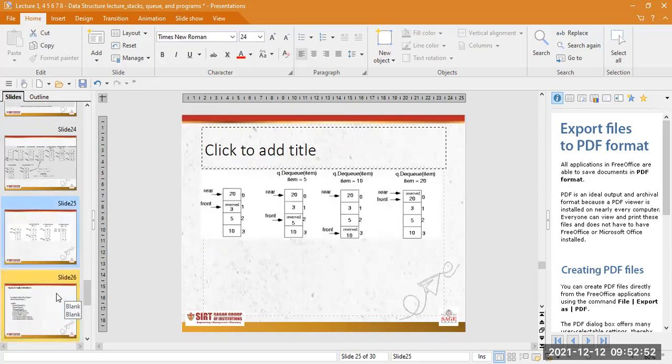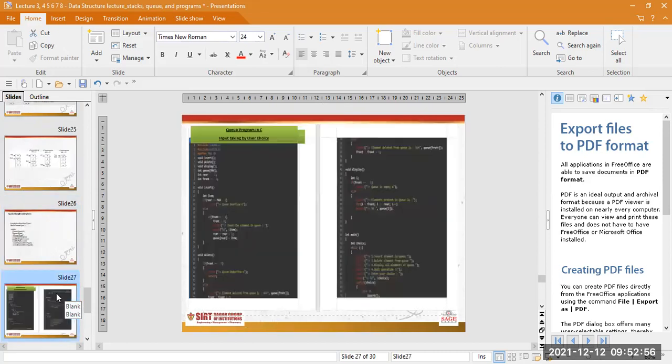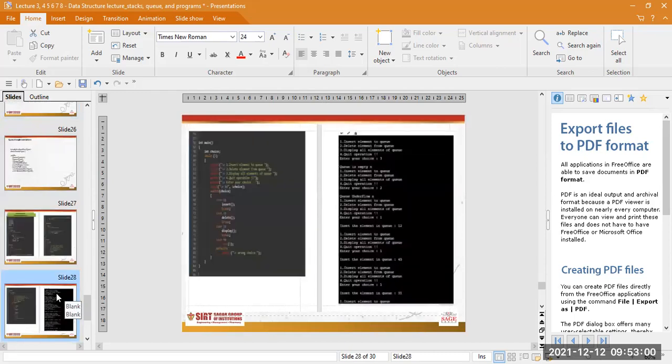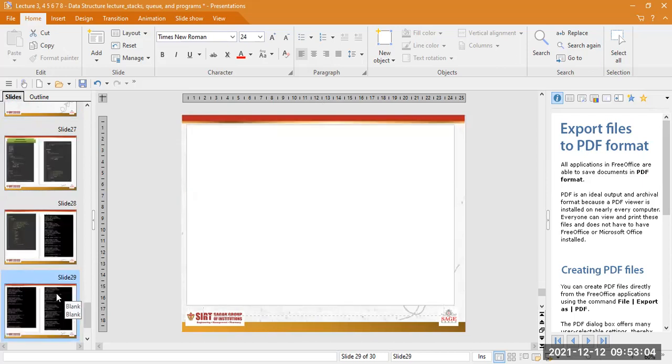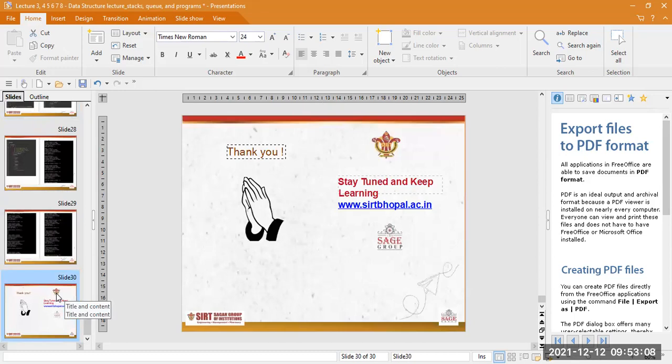We will cover the basic functioning of this queue through the programming part. These are the basic programs where we write the logic of queue and stack, and perform the operations on the elements.